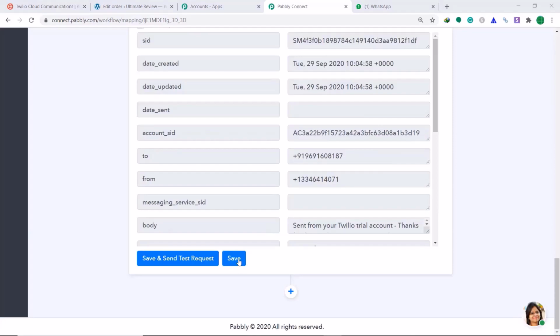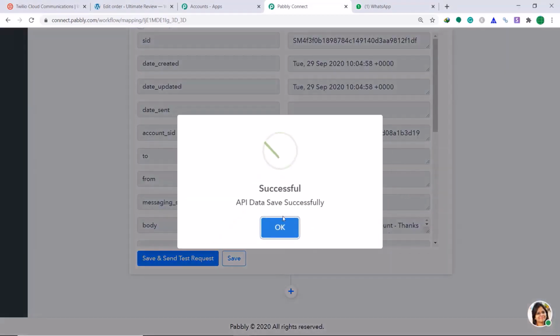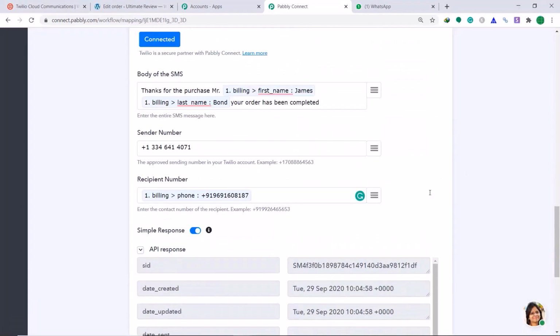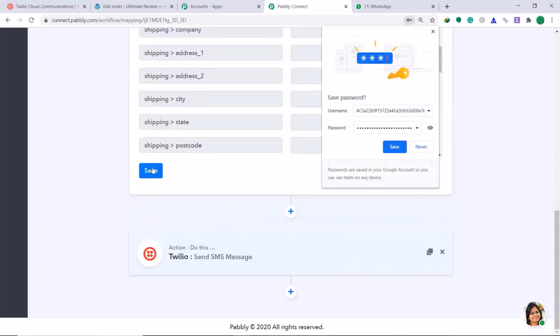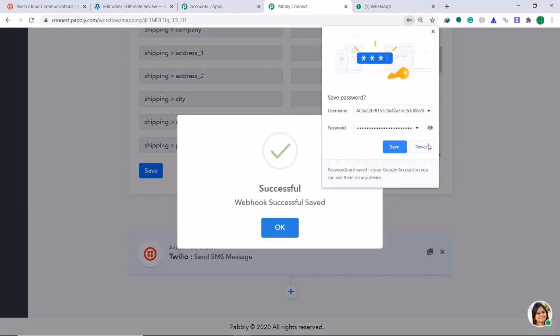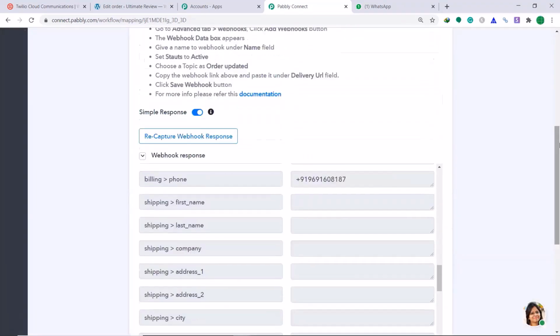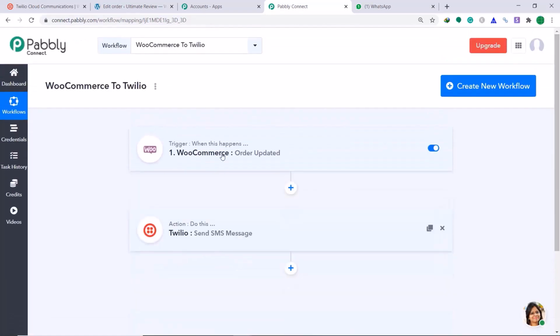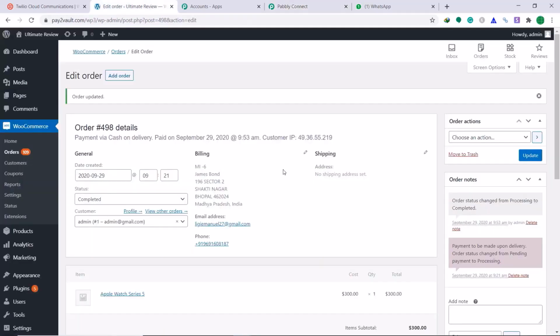But first, let's save this workflow. Okay, scroll up, minimize this, save this. Okay, and minimize this. Okay, so this is the whole process in a nutshell. First, we integrated WooCommerce to Pabbly Connect, and then we integrated Pabbly Connect to Twilio. So now WooCommerce is directly connected to Twilio. So let's go back to WooCommerce,